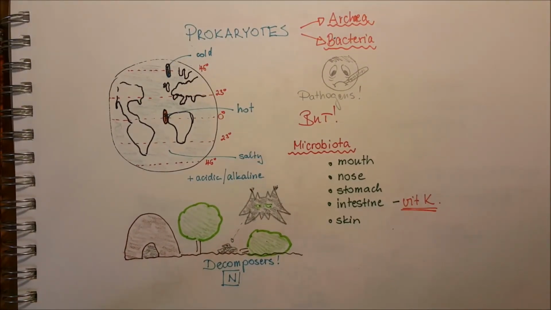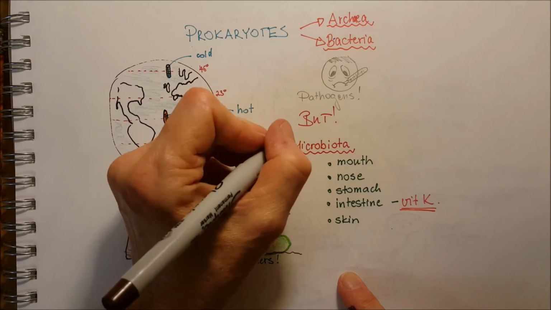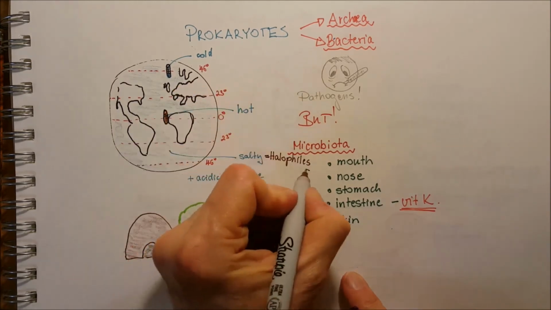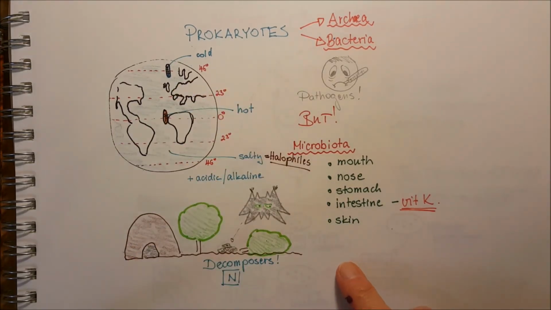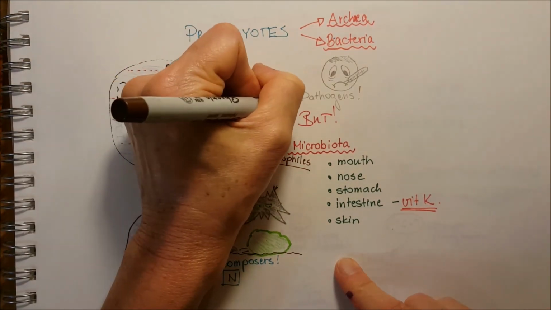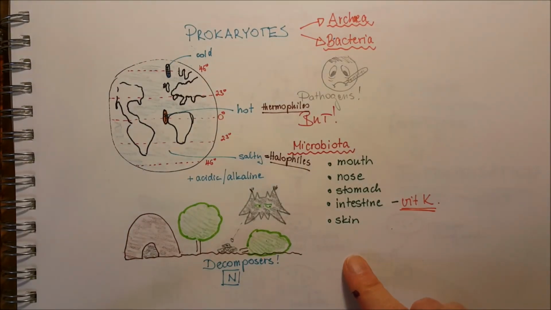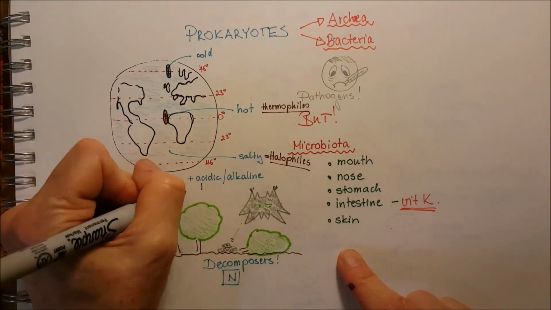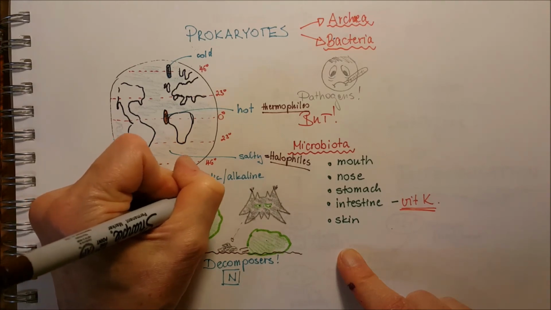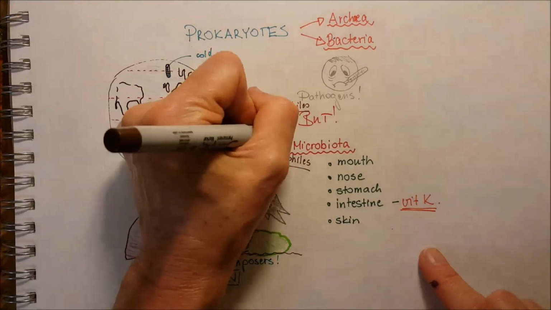Going back to the prokaryotes, now we call the prokaryotes that live in extreme salty environments halophiles, and those that live in extreme temperatures or in acidic pools thermophiles. And